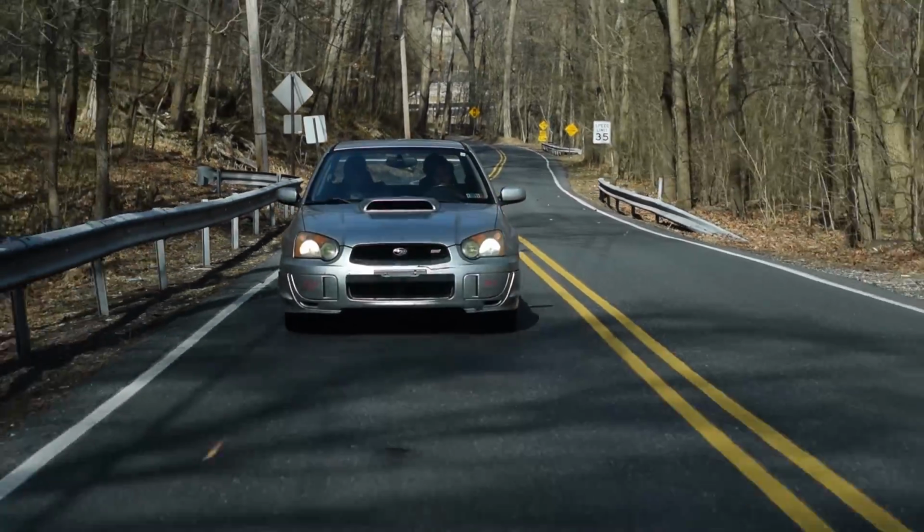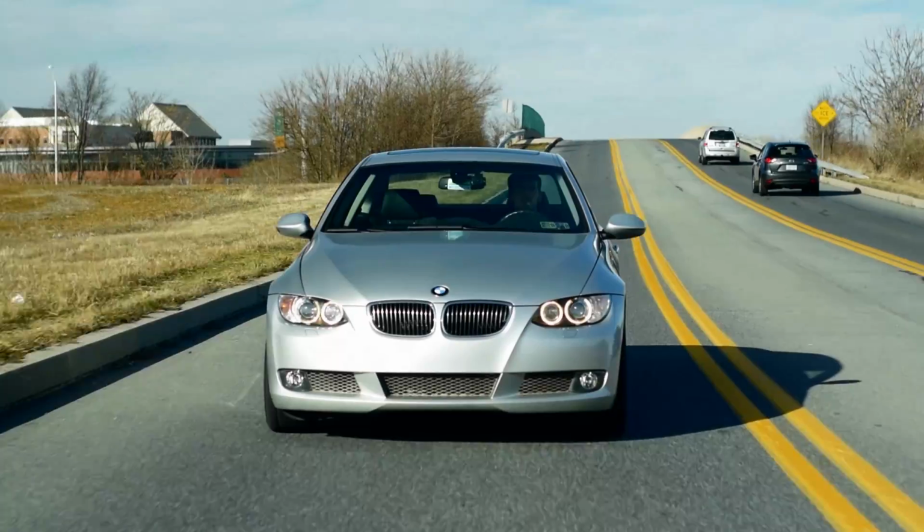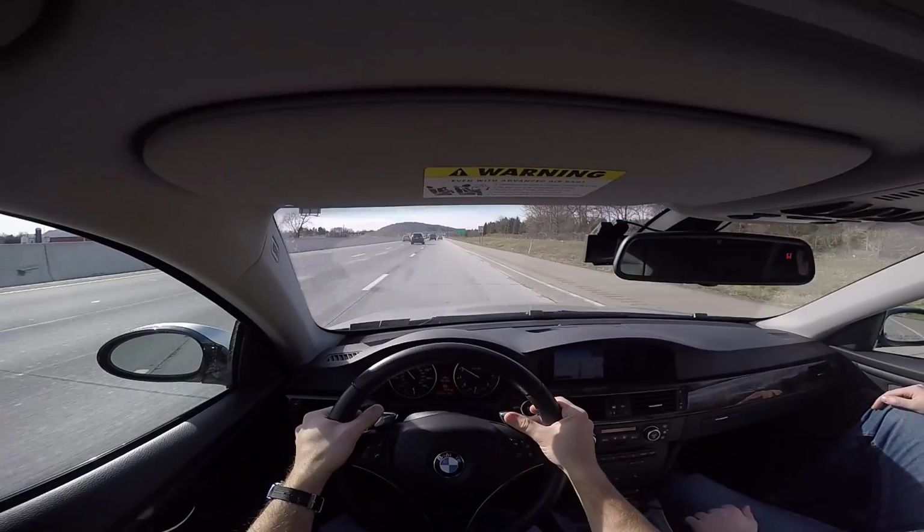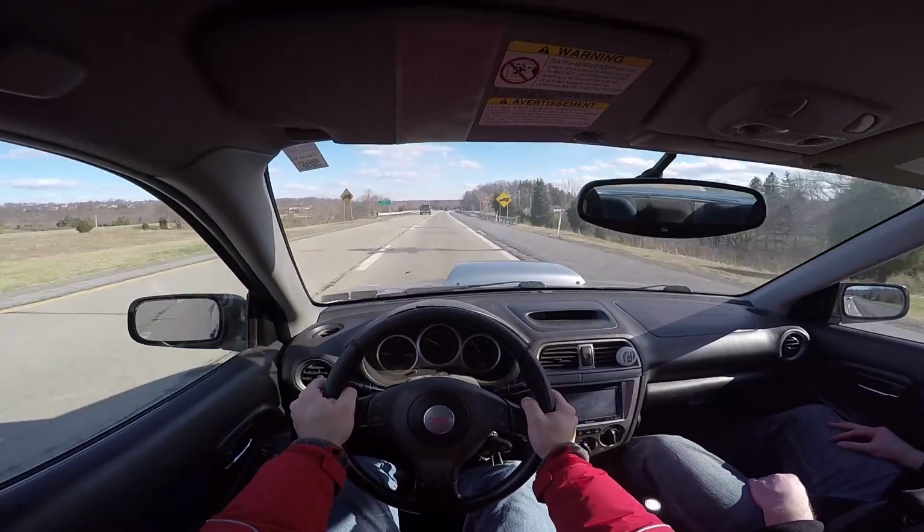Now, that's not to say the Subaru STI is better. It isn't. This is far more comfortable. And this is nice on the highway. Whereas a WRX STI is just...